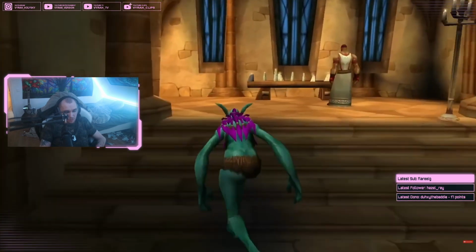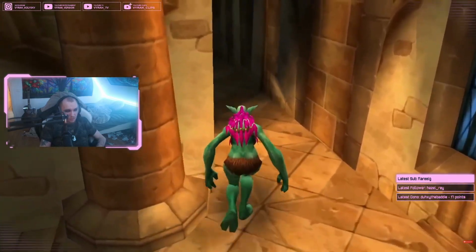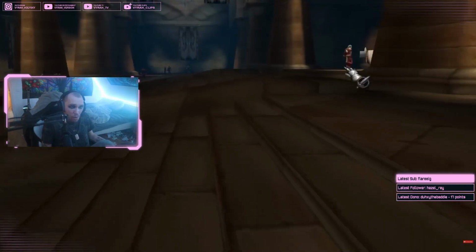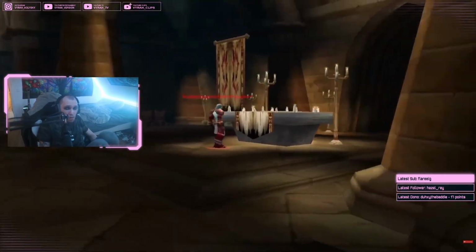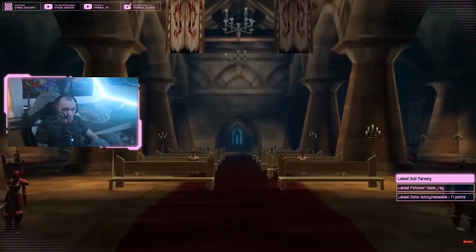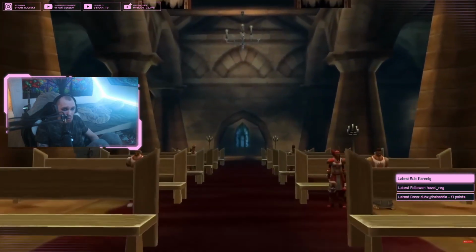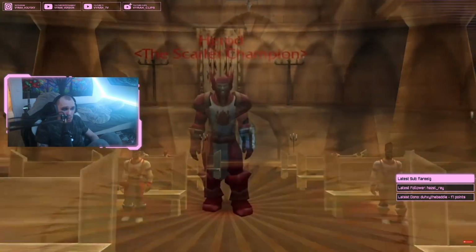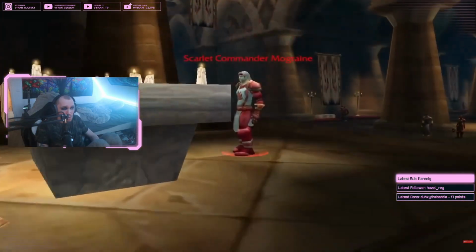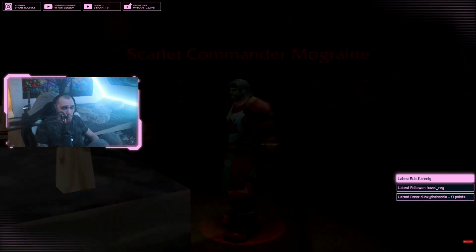You can also find Inquisitor Fairbanks hanging out in his room, although they haven't installed the secret bookshelf yet. So in terms of square footage and mob density, it's much smaller than the 4-wing update that was eventually released. I think the 4-wing version was a big improvement, so kudos to the developers for that. But it is interesting to see all of these bosses right next to each other. It's sort of like an alternate reality Scarlet Monastery.